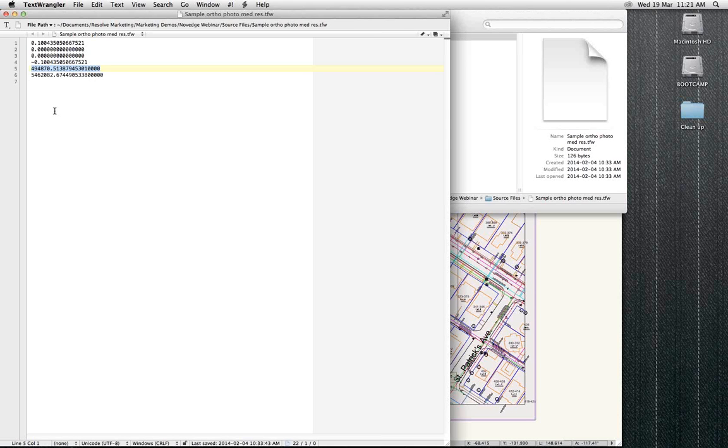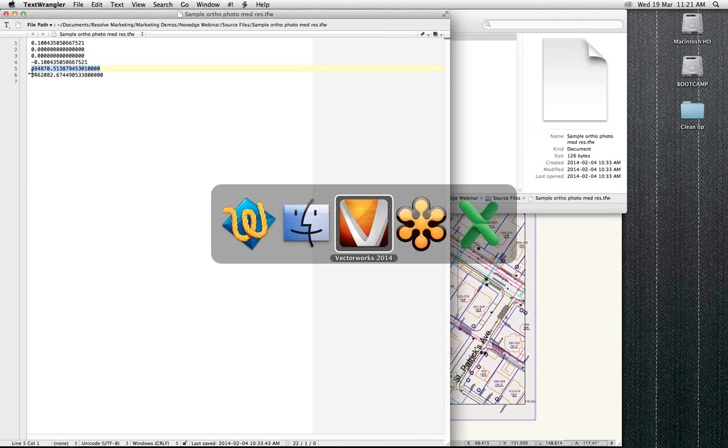So all that's happening with these ortho photos is that this text file says, hey, put the top left corner of the photo at this X coordinate and this Y coordinate. All right? So to fix up my photo, I'm going to just copy that number, and I'm going to come back,